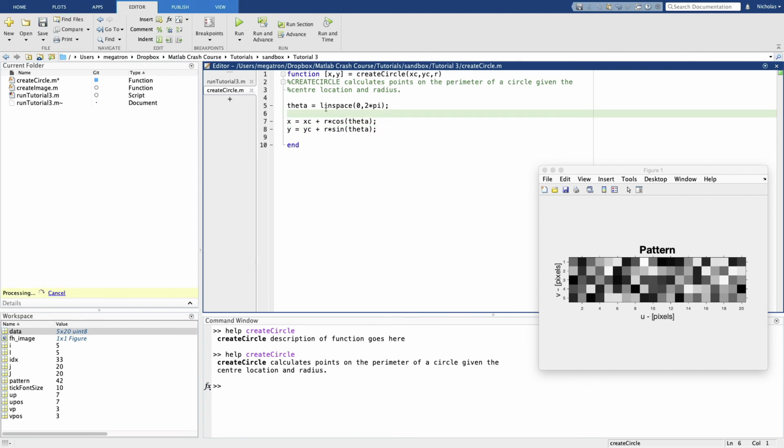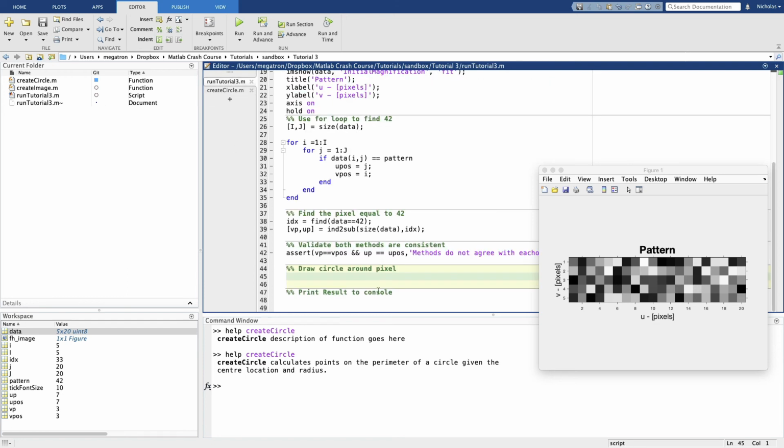Let's save that. So now we can call our function xy equals create circle. We want to give it the x center, which in this case is called UP, and the y center, which is called VP, and we want to give it the radius of the circle. So we could make this a radius of 1 pixel,